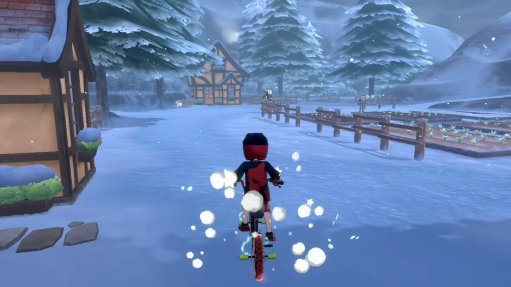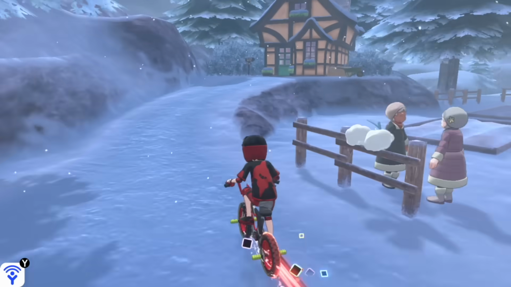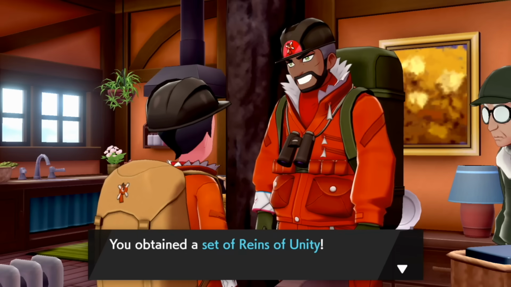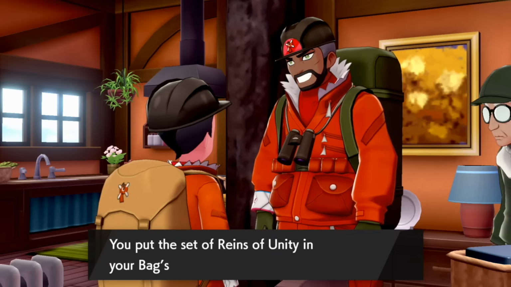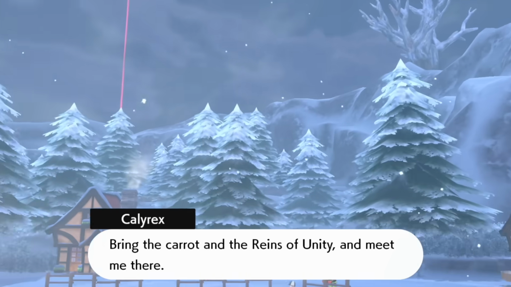From here, now that you have the tuft of mane hair, and once you have the petal, we're gonna go speak to the mayor inside of his house. After speaking to the mayor in a short cutscene with Peony helping out, you're gonna get the set of Reins of Unity. From here, walk outside and Calyrex is gonna initiate some conversation, and you are going to be required